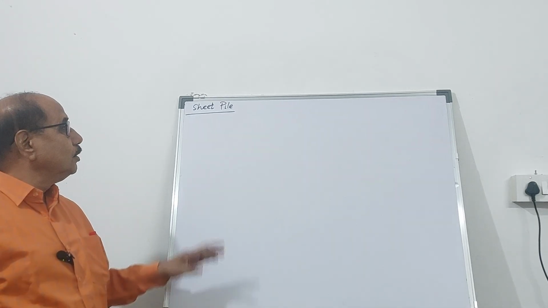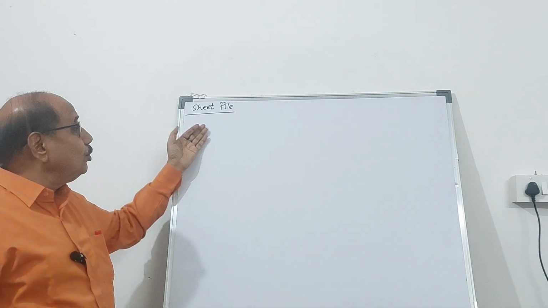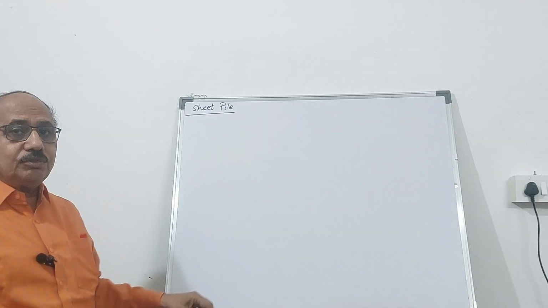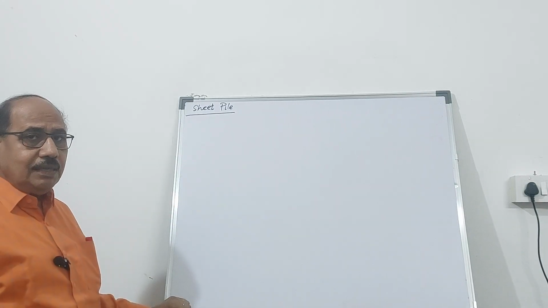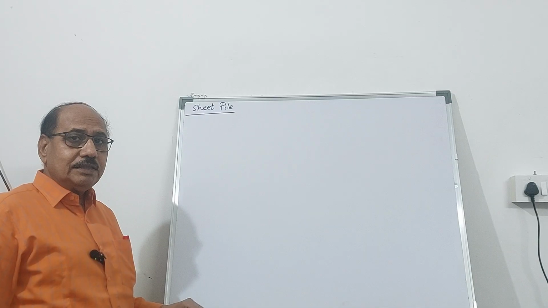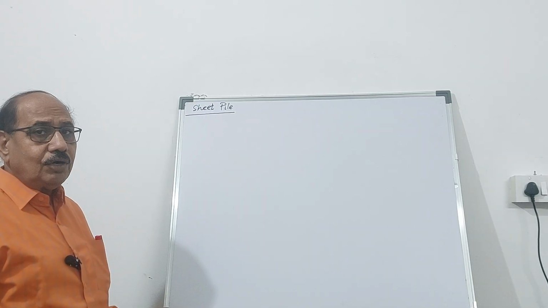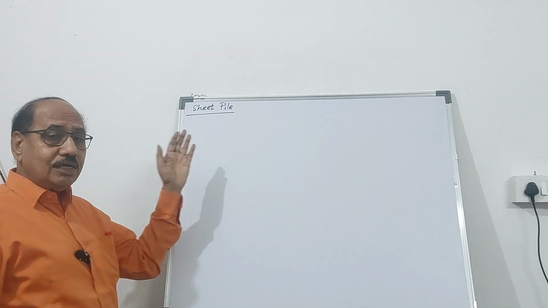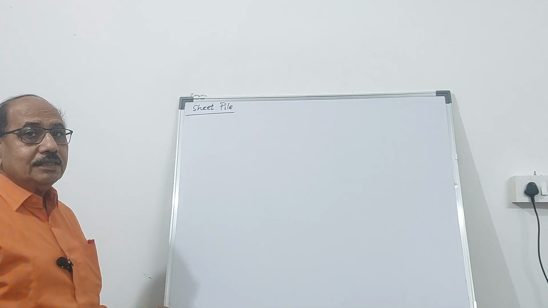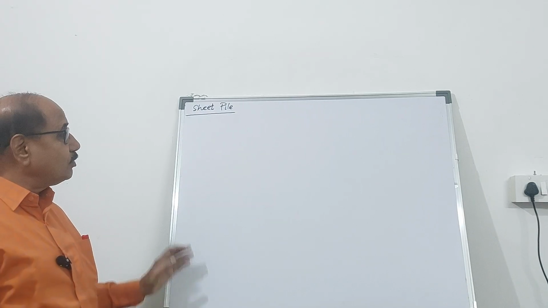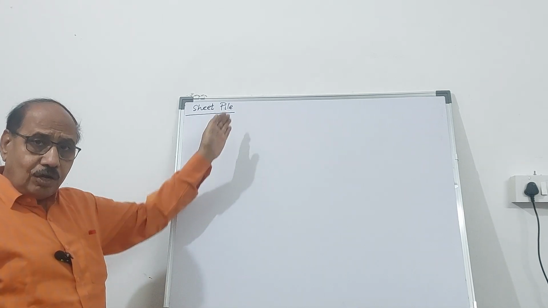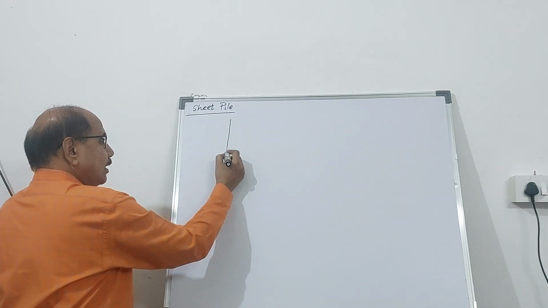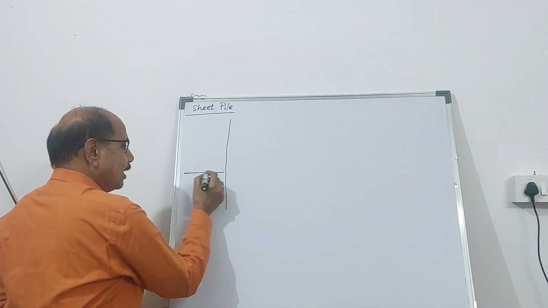Hello friends. So in continuation with my previous video on sheet pile, in the last video you have seen how to draw the pressure distribution across the height of the pile, how to calculate the depth of embedment, all those things you have seen in a cantilever sheet pile. So today we would like to calculate the maximum moment, location of the maximum moment along the height of the pile. So in fact, if it is a sheet pile and this is the dredge line,